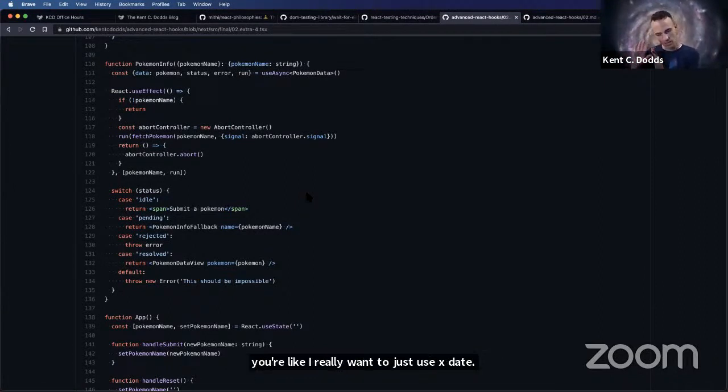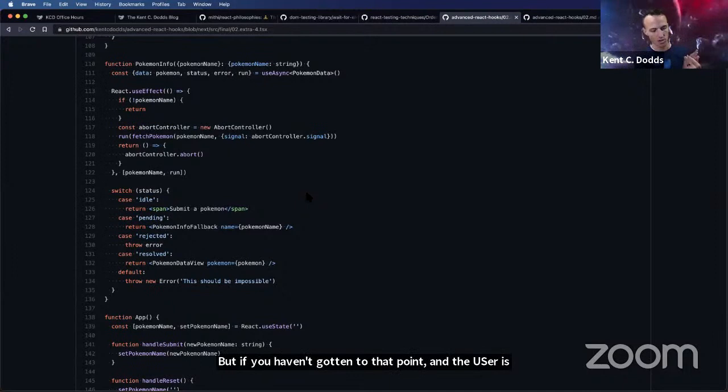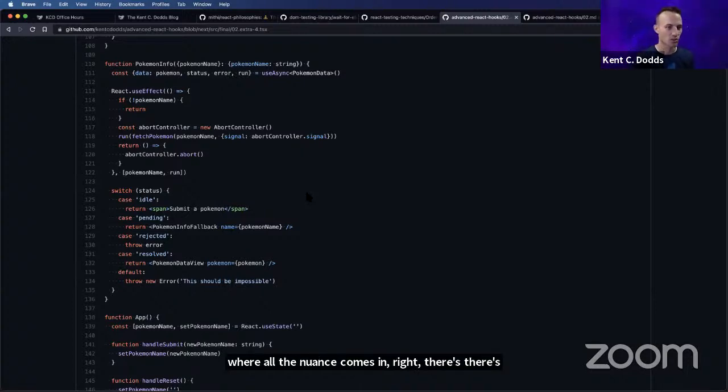But if you haven't gotten to that point, and the user is just performing a discrete action, there's no state that you already have that makes sense, and they're saying, I want to save this to local storage, and it's not the sort of thing you really care about canceling, then that's fine. That's where all the nuance comes in. There's never a solid answer, but there's some nuance for you.